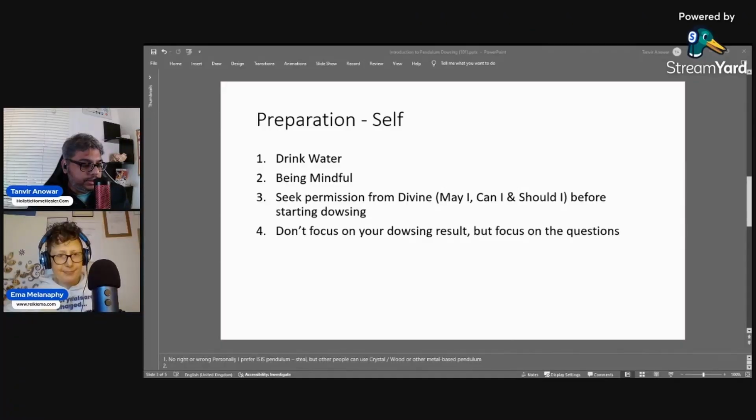For the initial few months, we need to do that to get used to the pendular movement, so that our muscle memory can understand how to move the pendulum for a yes answer, and how to show it for a no answer. As Emma explained to us how we need to do it,